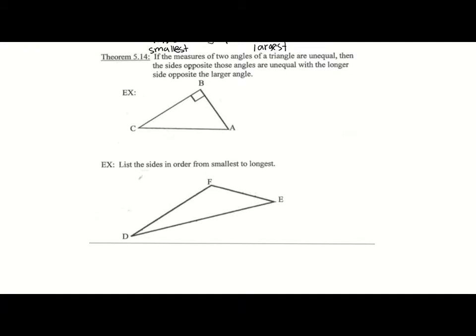So then theorem 5.14 says that if the measures of two angles of our triangle are unequal, then the sides opposite those angles are unequal, with the longer side opposite the larger. So that is saying basically the same thing in reverse. It's the converse. It's saying that if we have 90 degrees here, 60 degrees here, 30 degrees here,